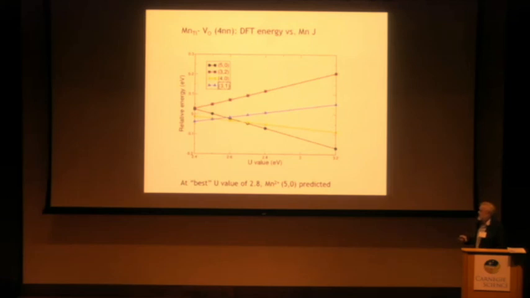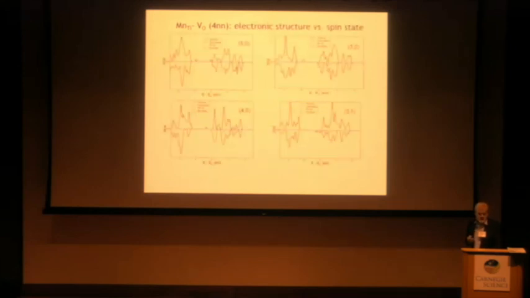So, if it's not really transferable, then you can easily have a different effective value in that system, and you might have a different spin state for this defect complex. Therefore, it's a case where experiment will have to be used in tandem with theory to establish what kind of spin moment happens in this defect. And here are pictures of the electronic states in each case. You can see a variety of gap states and difference between having some occupied, let's see. Yeah, so here in these cases, we have some occupied down states, and here you don't, etc.